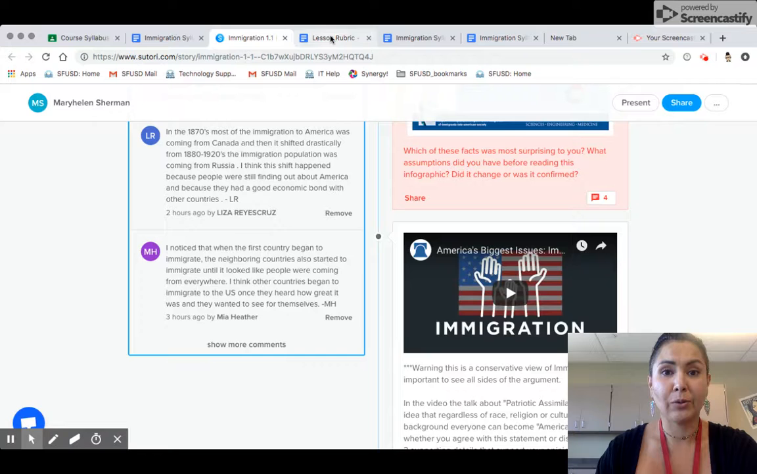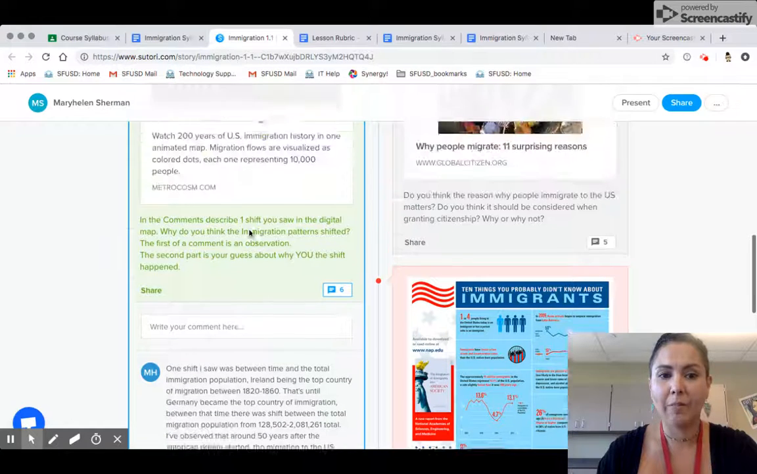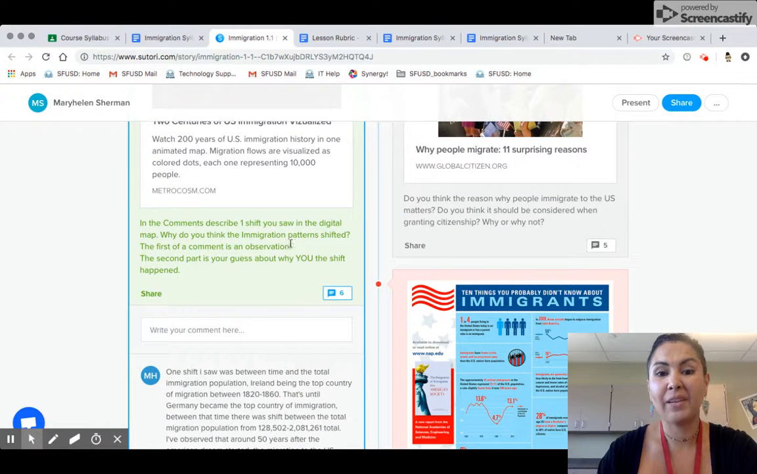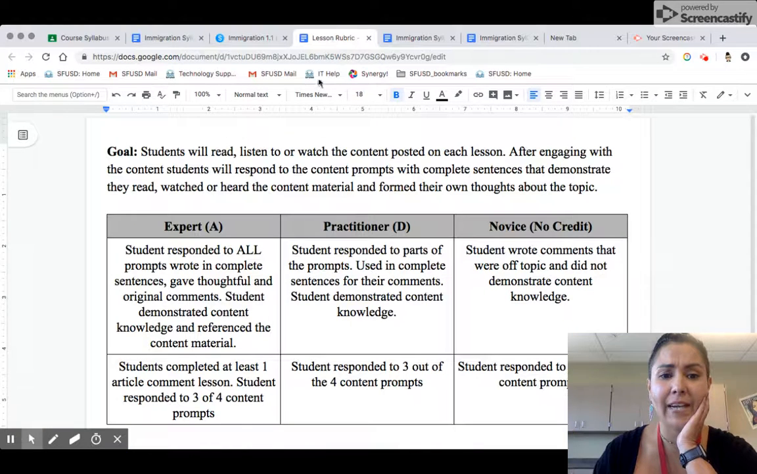Going back to the lesson rubric, to get an A, students responded to all parts of the prompt and wrote in complete sentences, gave thoughtful and original comments. Students demonstrated content knowledge and referred to content material. Again, going back to this, there were 2 parts to that prompt. The first part was, why do you think immigration patterns shifted? And where did you see it? So there were 2 parts again. So in order for you to get an A for this lesson, you need to respond to both prompts in